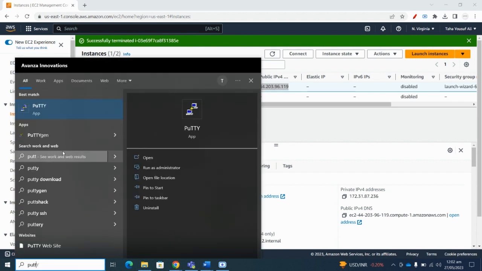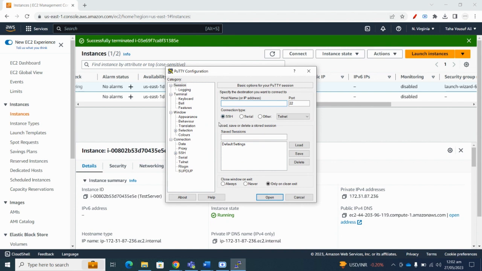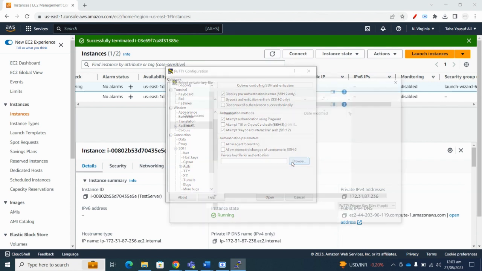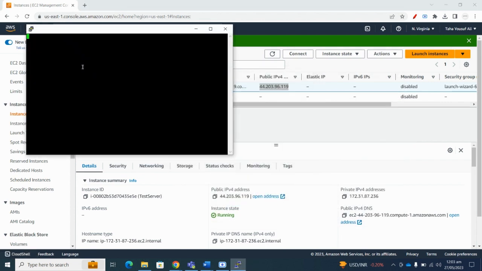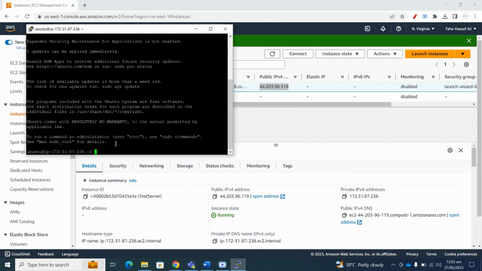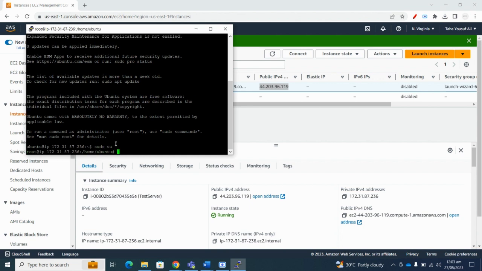You can go to PuTTY, enter the public IP over here. It should be 22 by default. Then we can come to SSH auth and enter our PPK file over here, and we can do open. Accept. Login as ubuntu. It is the default username, and it should give us the access. So we are now